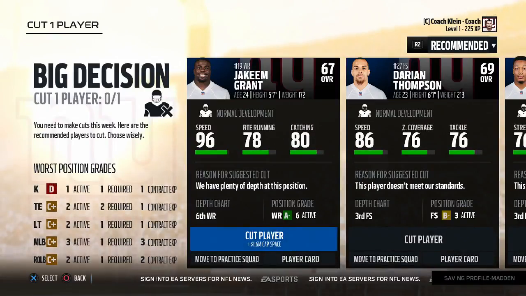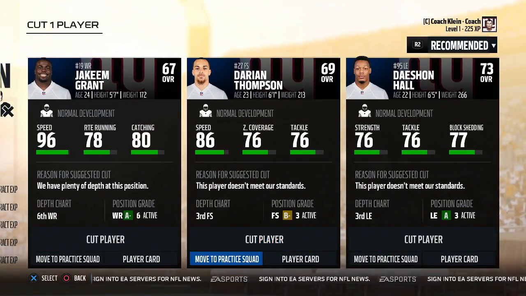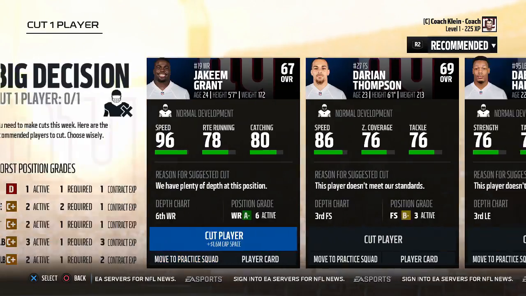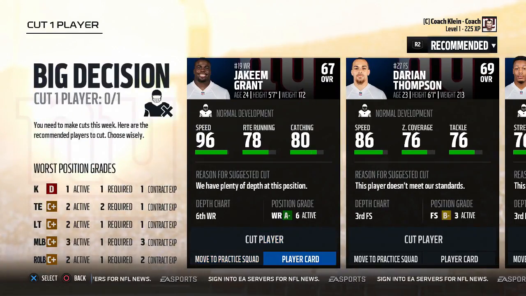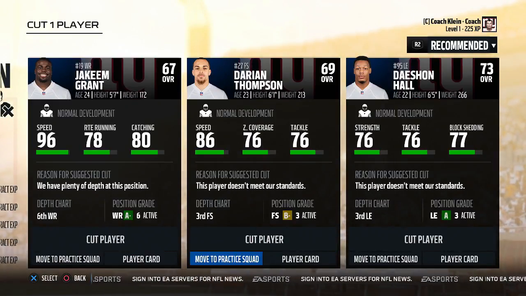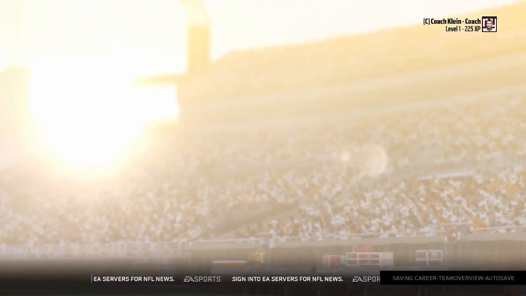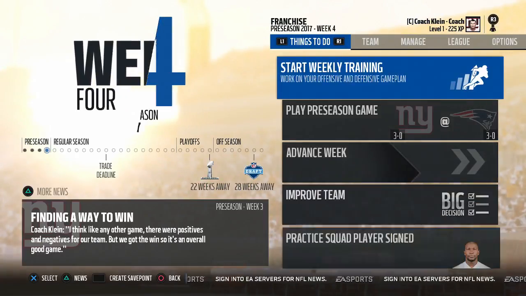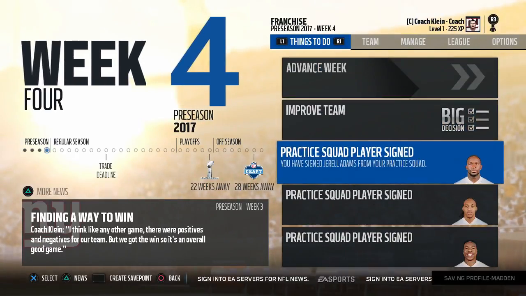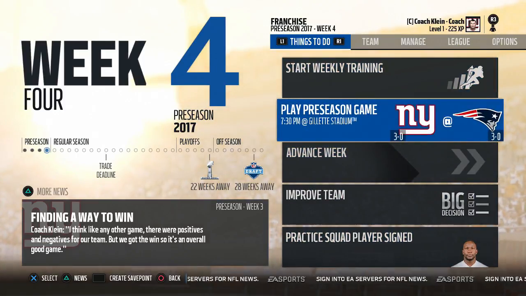And one man we could probably move is, I would say, Thompson though. We don't really need him here on the team. So we'll bring him to, or even Jakeem Grant. One of these two guys actually. Because he's a great returner, Jakeem Grant. It's tough actually. Deshaun Hall, we could probably move him to the squad. He's playing like third backup though, so we need some development for him anyway. So we just made some mistakes right there, corrected them, and now we're going to go into week 4 here